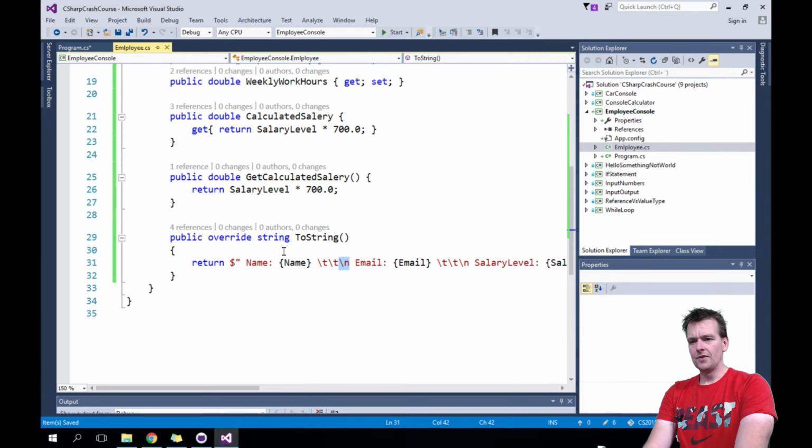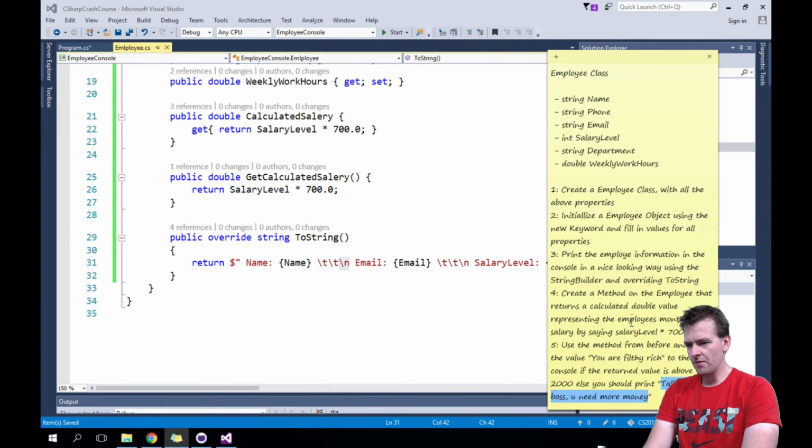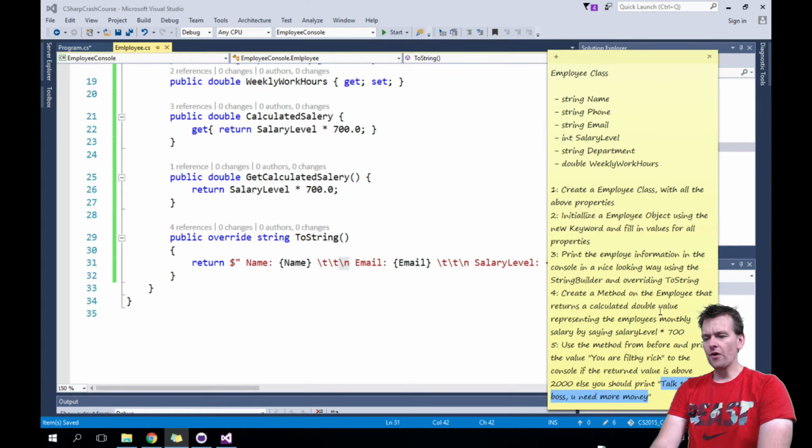So that was that exercise. Now when I run the program, it'll print out the information about the employee in a very nice way. That was kind of what we aimed for here in exercise 3. Now with number 4, we're going to